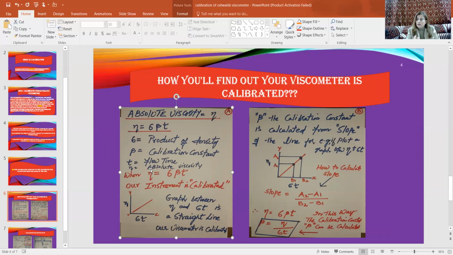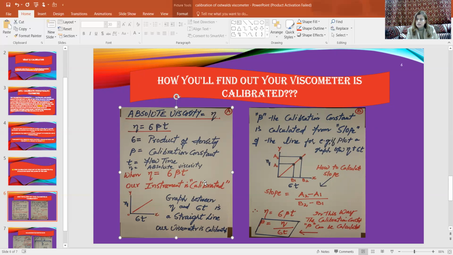Now he's again saying this equation is very important. Just note down this equation. When eta equals rho beta t, that means this eta, the absolute viscosity, equals rho beta t, that is, the product of density, calibration constant, and the flow time. T is the flow time. So our instrument is calibrated, which I mentioned before in my slide,